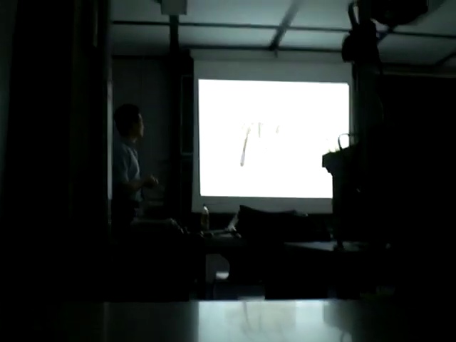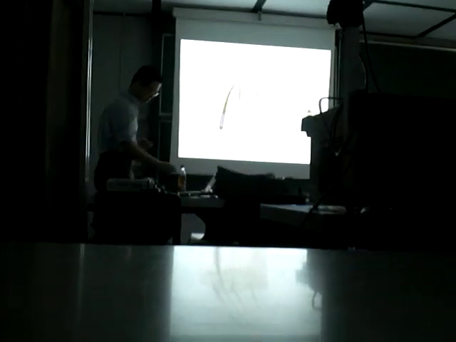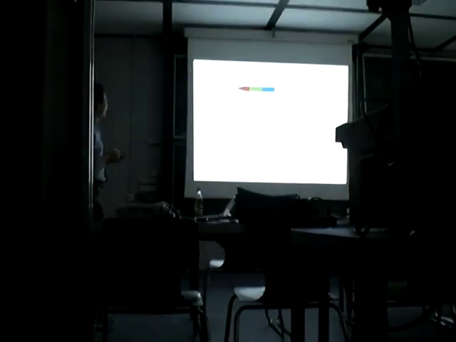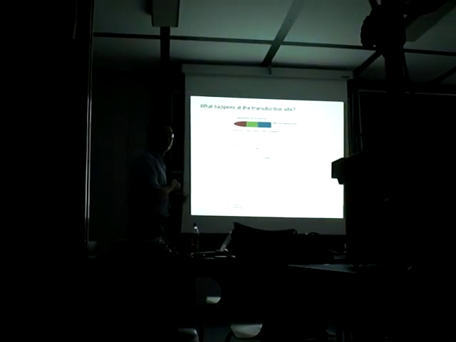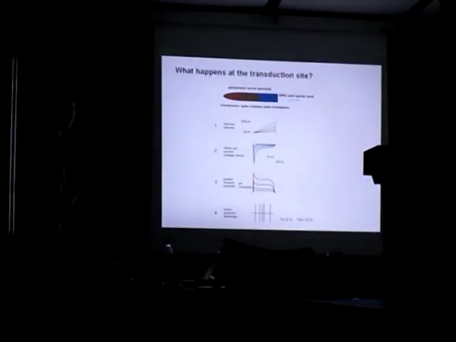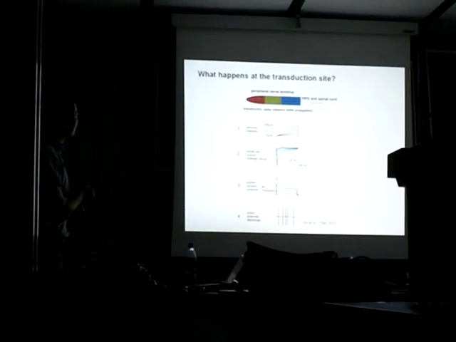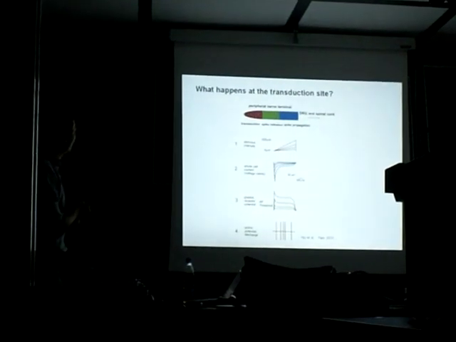Eventually it is sent to the central nervous system for processing. What happens at the transduction site? This is the assumption of what happens. Imagine this is a peripheral nerve terminal. When there is a stimulation at the tip of the terminal,